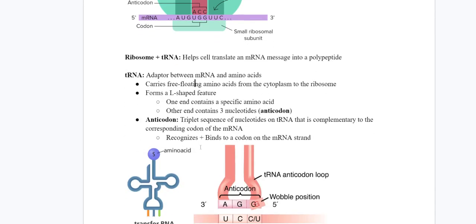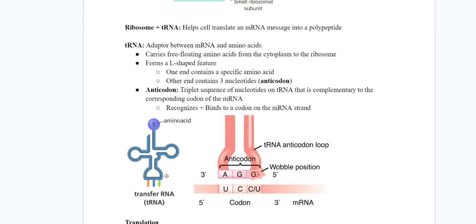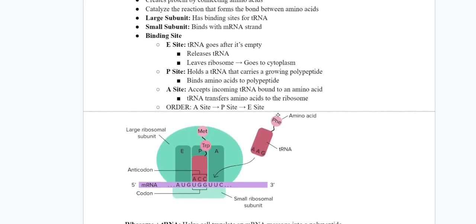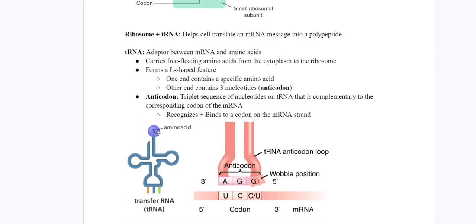And the shape of a tRNA is kind of like an L shape. I don't know why it's called an L shape. It looks more like a T shape to me, but just memorize it as an L shaped feature. Anyways, look at this picture. This end contains a specific amino acid, while the other end, more closely, you can see over here, contains three nucleotides. For this instance, it's AGG. So these three nucleotides are called